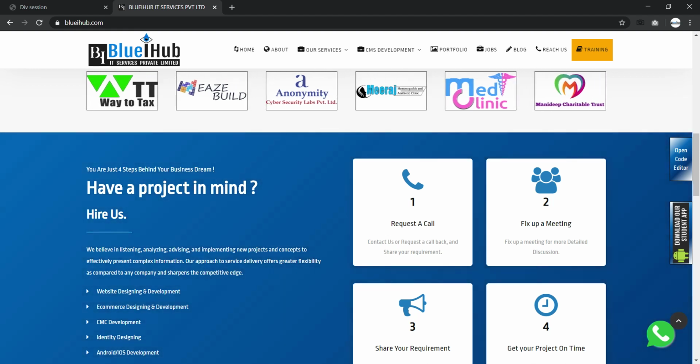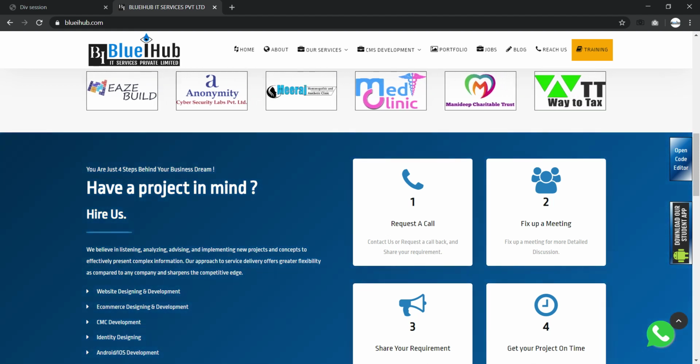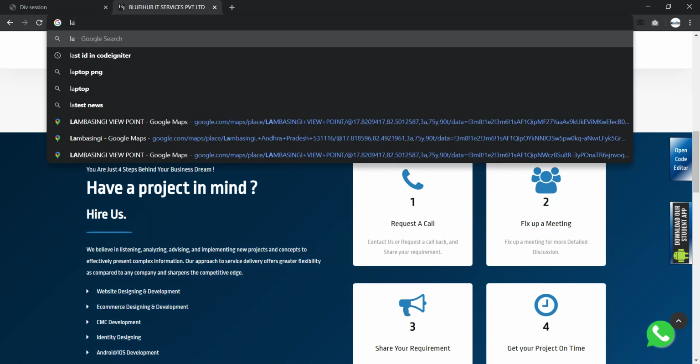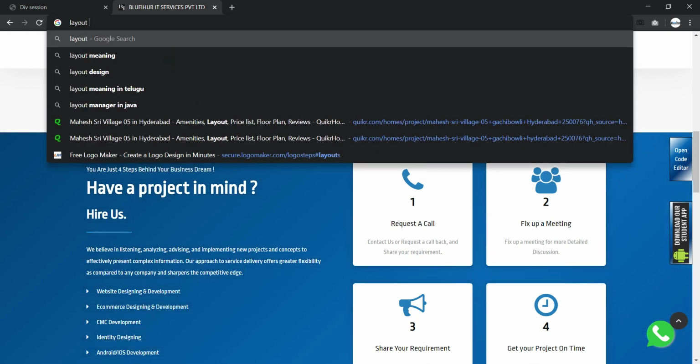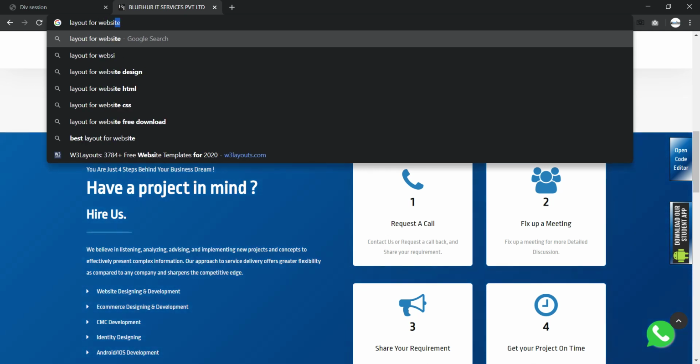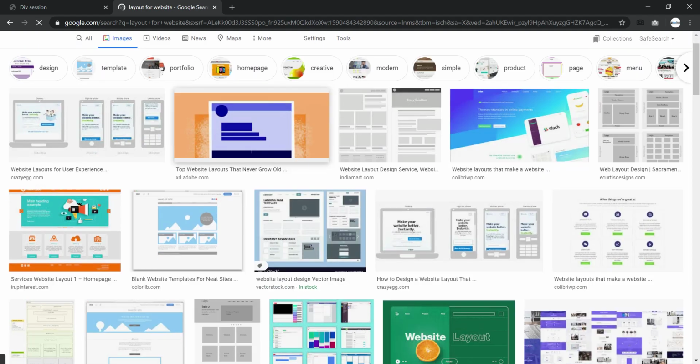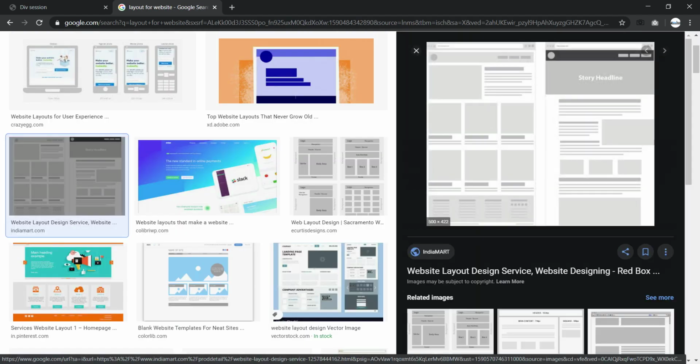Likewise, we are going to create a layout for a website. You can directly search for website layout, and if you go to images, you will see the layout designs.